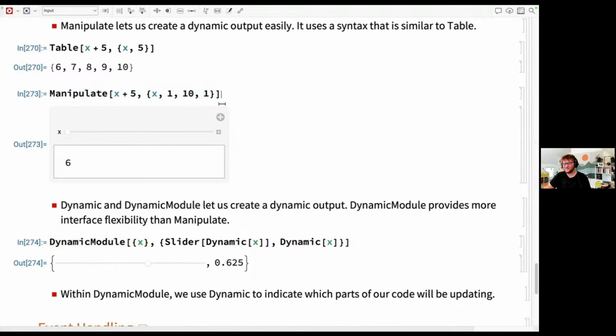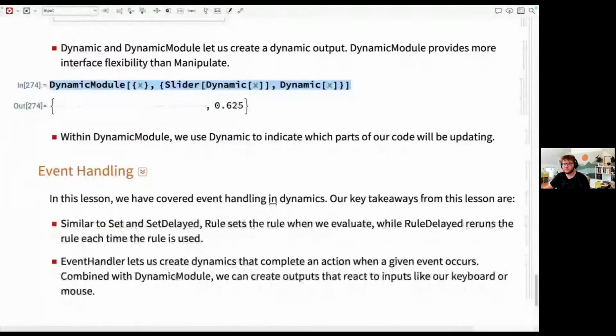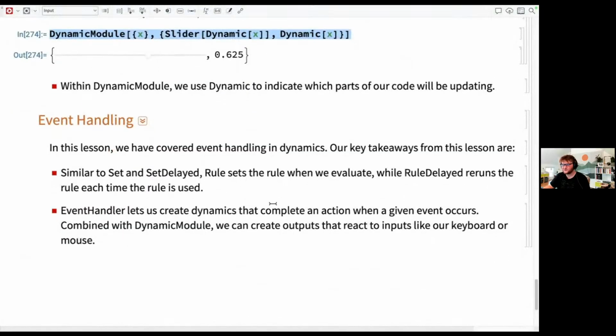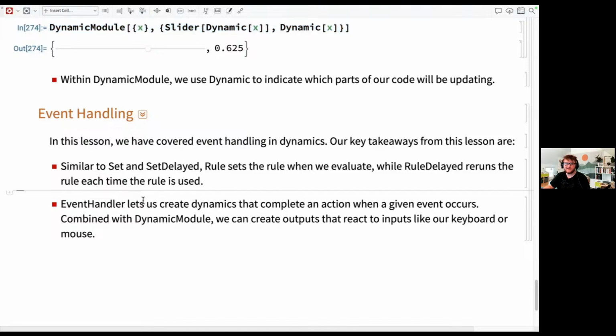So manipulate allows us to create these nice little sliders easily with the same syntax as table, and dynamic module allows us to create manipulates in much more generalized ways, with more specific code. We also covered event handling, which allows us to create more complex interfaces. And I'm not going to get into event handling right now, but